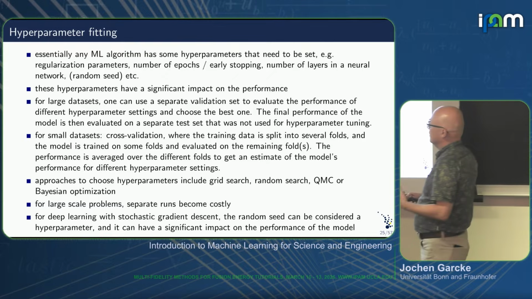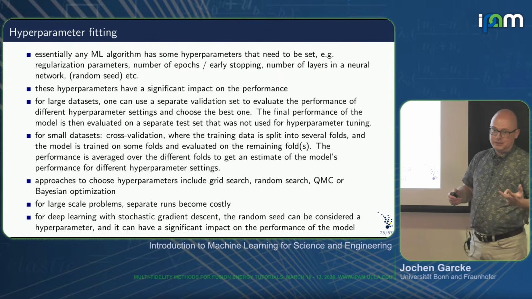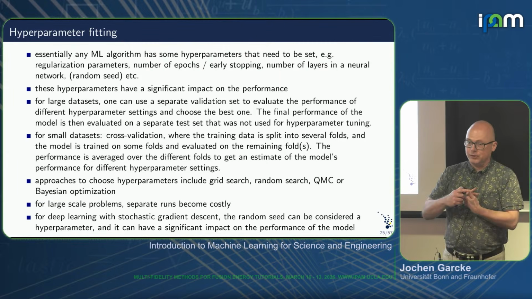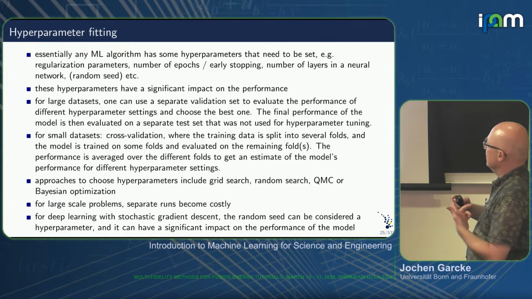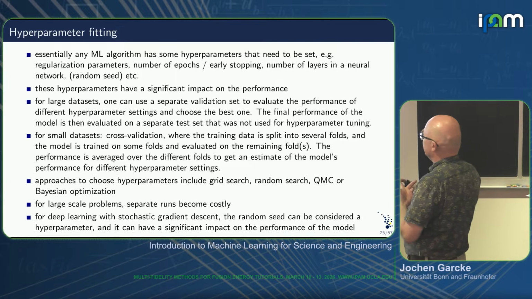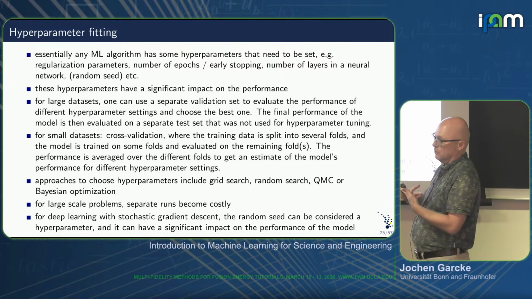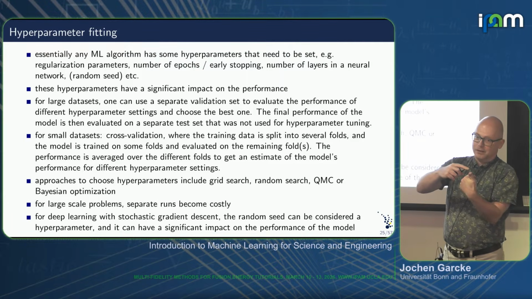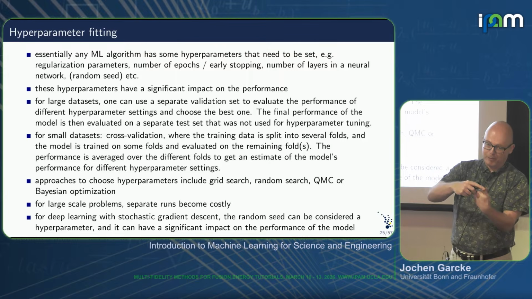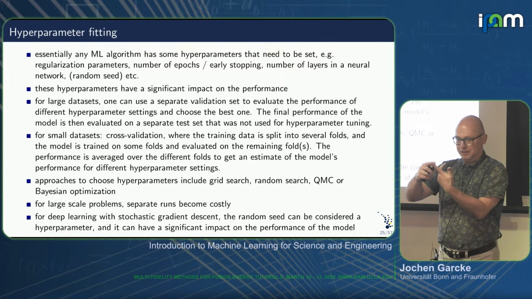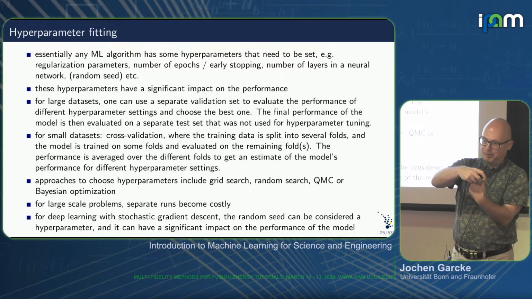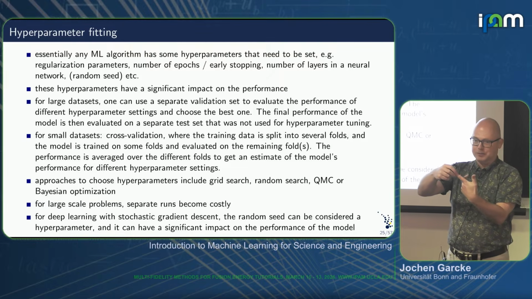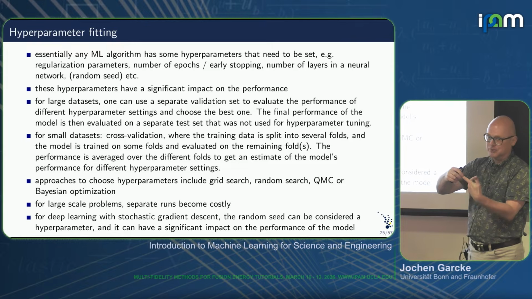Ideally, you split your data into 3 sets. The training data set on which you actually do the training. The validation data set on which, given a trained model with certain hyperparameters, you evaluate on the validation data sets. You do that for a couple of hyperparameter settings, and then you pick the best model, and this is then the model you want to use.